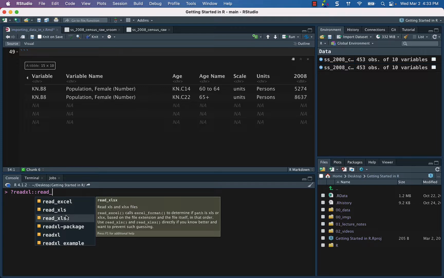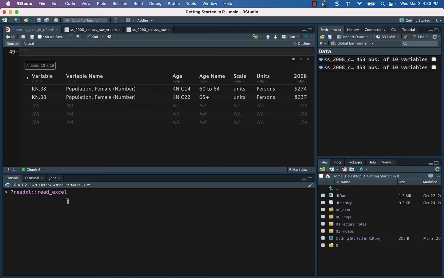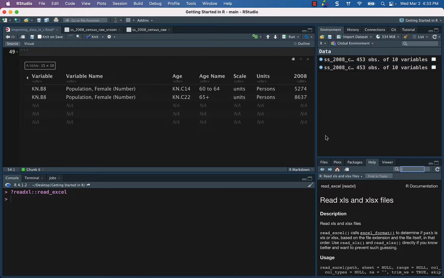The first one is going to read both of these two. If you know what your file is, if it's of this type, you will see the extension. If it's like this, then you can use this. Otherwise, use the read underscore Excel. If we look at it here,